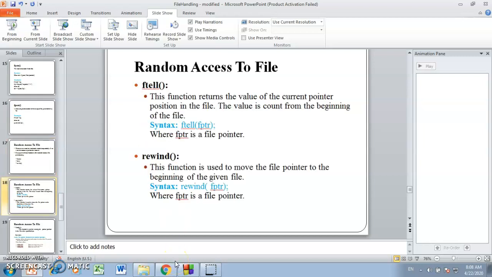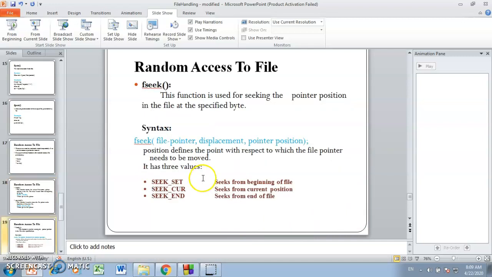In that, ftell basically gives us the current pointer position in the file. Rewind is used if I want to go to the first beginning pointer position. And fseek is used for seeking the pointer position in the file at a specified byte.